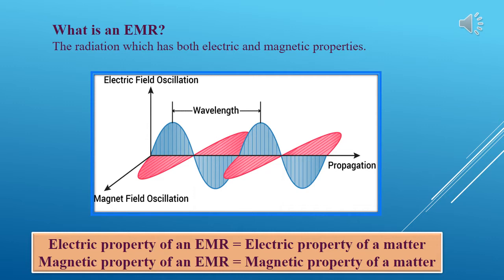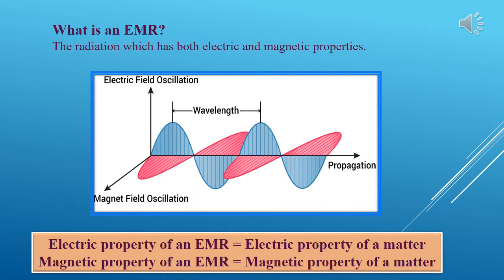How is it interacted with the matter? When the electric property of an electromagnetic radiation matches with the electric property of a matter, then the radiation interacts with the particular matter or analyte. If a magnetic property of an electromagnetic radiation matches with the magnetic property of the matter, then it interacts with the particular characteristic of the analyte. Thereby, the particular analyte is analyzed or characterized due to electromagnetic radiation, which is the application of